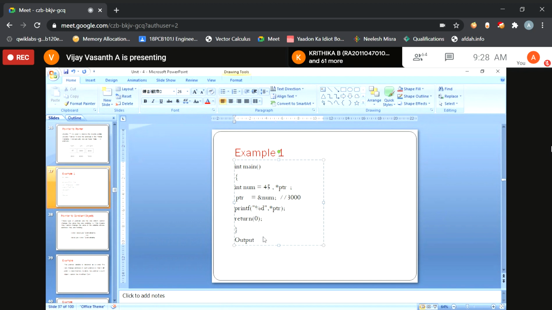Right. This is a simple program. Basically, I am declaring a pointer.